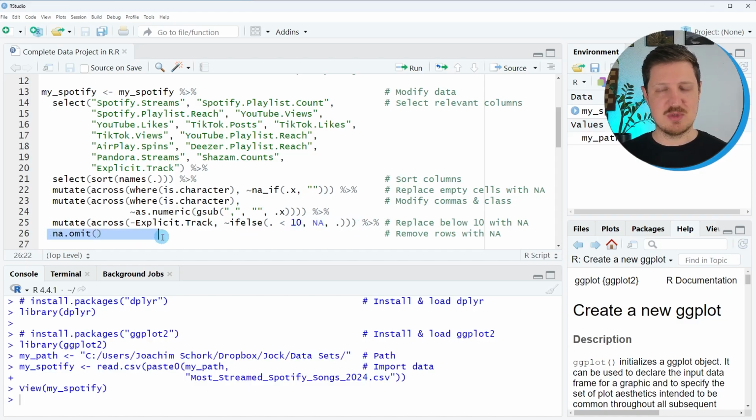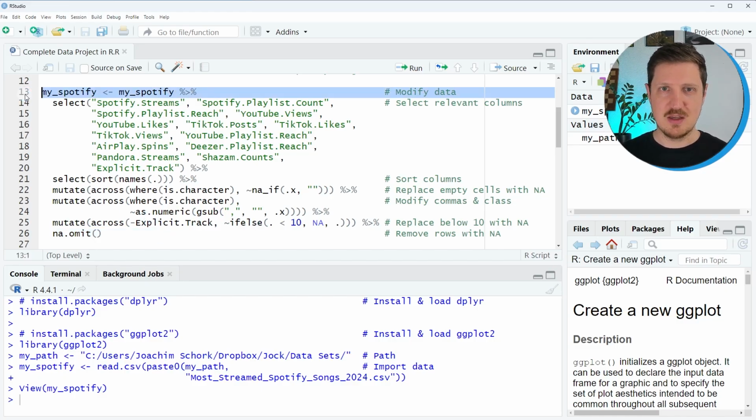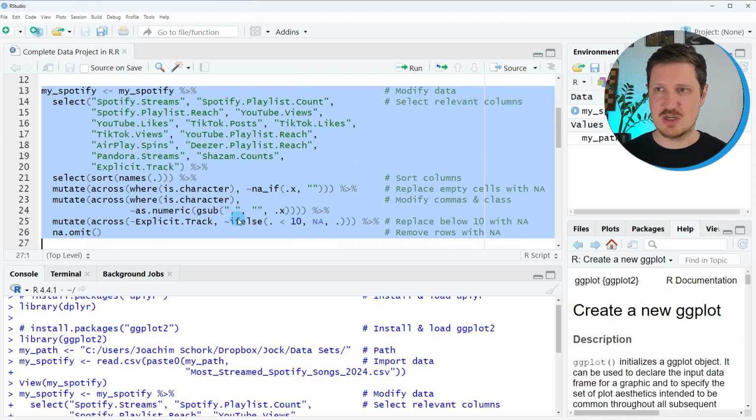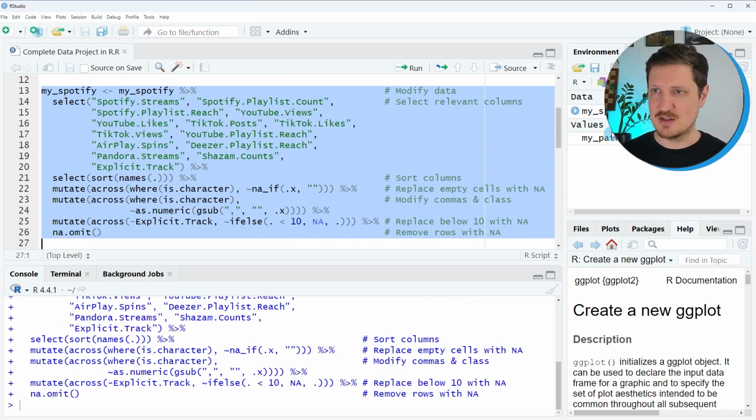And then I also specify that I want to apply listwise deletion, which means we are removing all rows which contain at least one NA value. Please note, in practice, this is not the best approach. Usually you should use missing data imputation techniques, but for the sake of simplicity in this tutorial, I will simply remove these rows. So after applying all these data manipulation steps, you can see that our data is updated, because